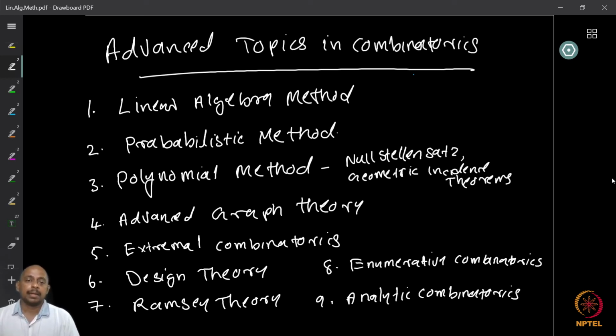But then the second topic that I want to introduce to you is that of the probabilistic method. So what is the probabilistic method? Again, the probabilistic method is a very powerful method in counting, in combinatorics, where we use the ideas and tools from probability theory, right? Just like the linear algebra method. Here we use the tools from probability theory to show the existence of objects, or actually come up with objects. And it may be kind of counterintuitive, but the idea of the probabilistic method is